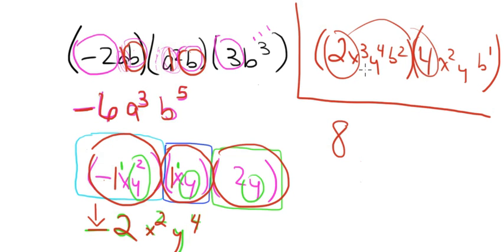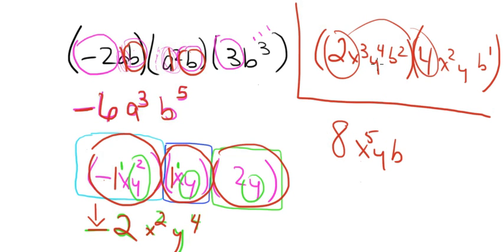But my variables, I don't multiply 3 times 2. Now I'm adding my variables. Okay, we're adding the variables. So I have 3 x's. I know I'm going to have some x's, some y's, and some b's, right? So I want to count. How many x's do I have? There's 3, and there's 2, so I have a total of 5 x's.